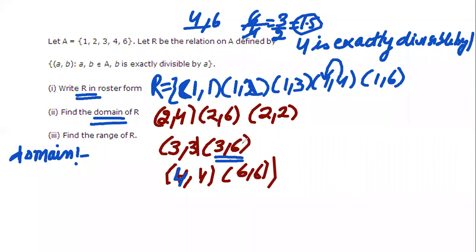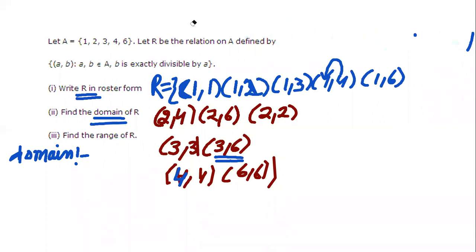No beta, understand carefully. Here b is exactly divisible by this. I have to make b exactly divisible. a is not to be divided. Look at what is in the question, understand carefully. Here the question is b is exactly divisible by a. So the second number that comes should be divisible by the first number. Is 6 not divisible by 3? Here the second number, that is 6, is divisible by 3. Answer is 2. Got it?